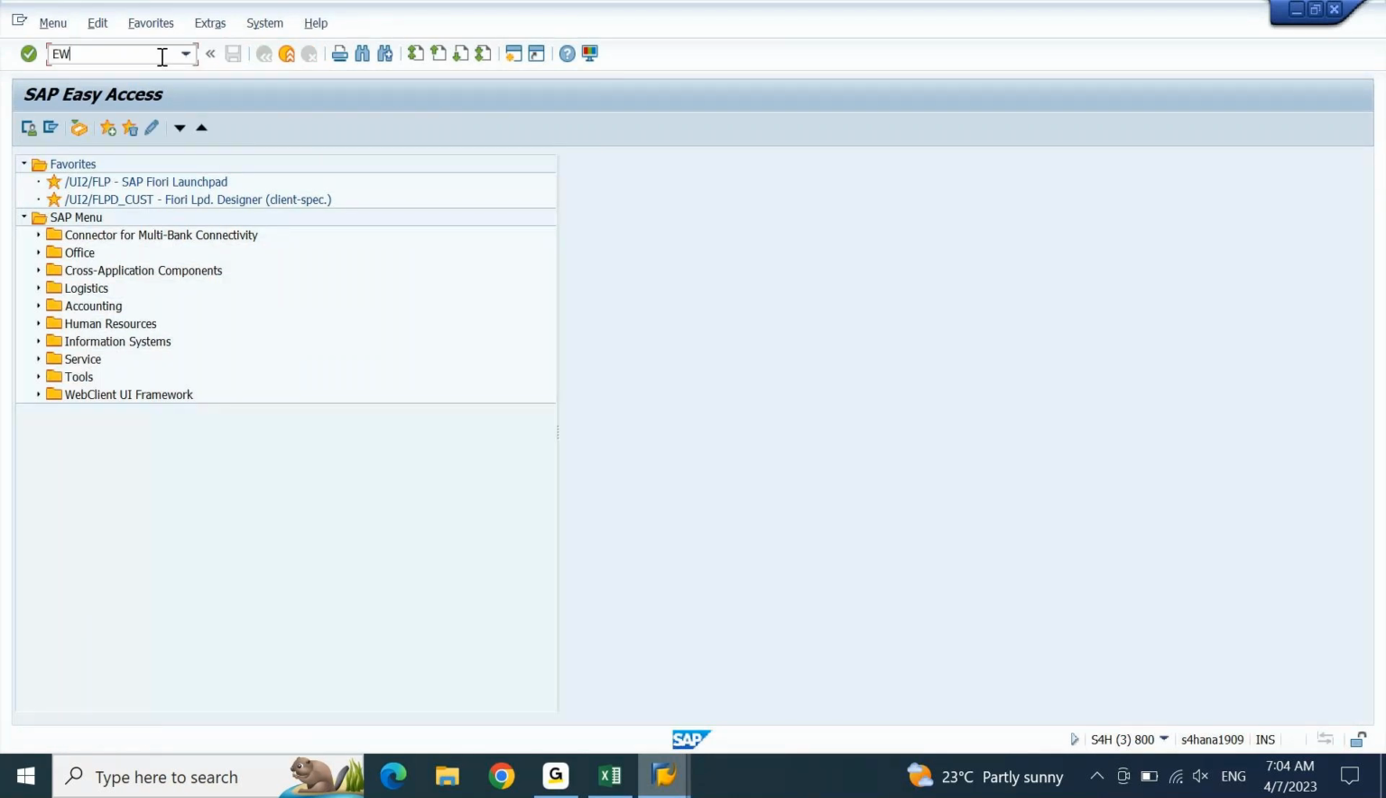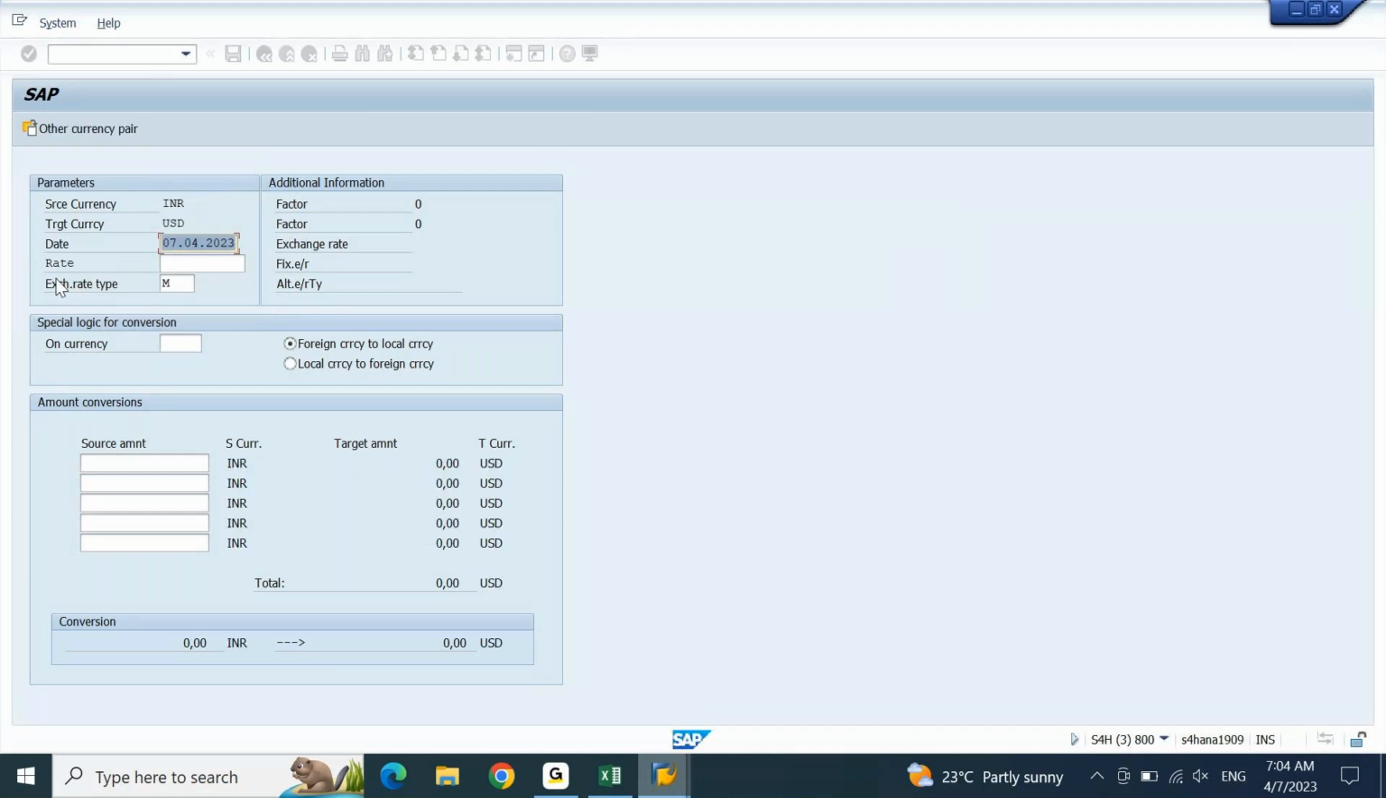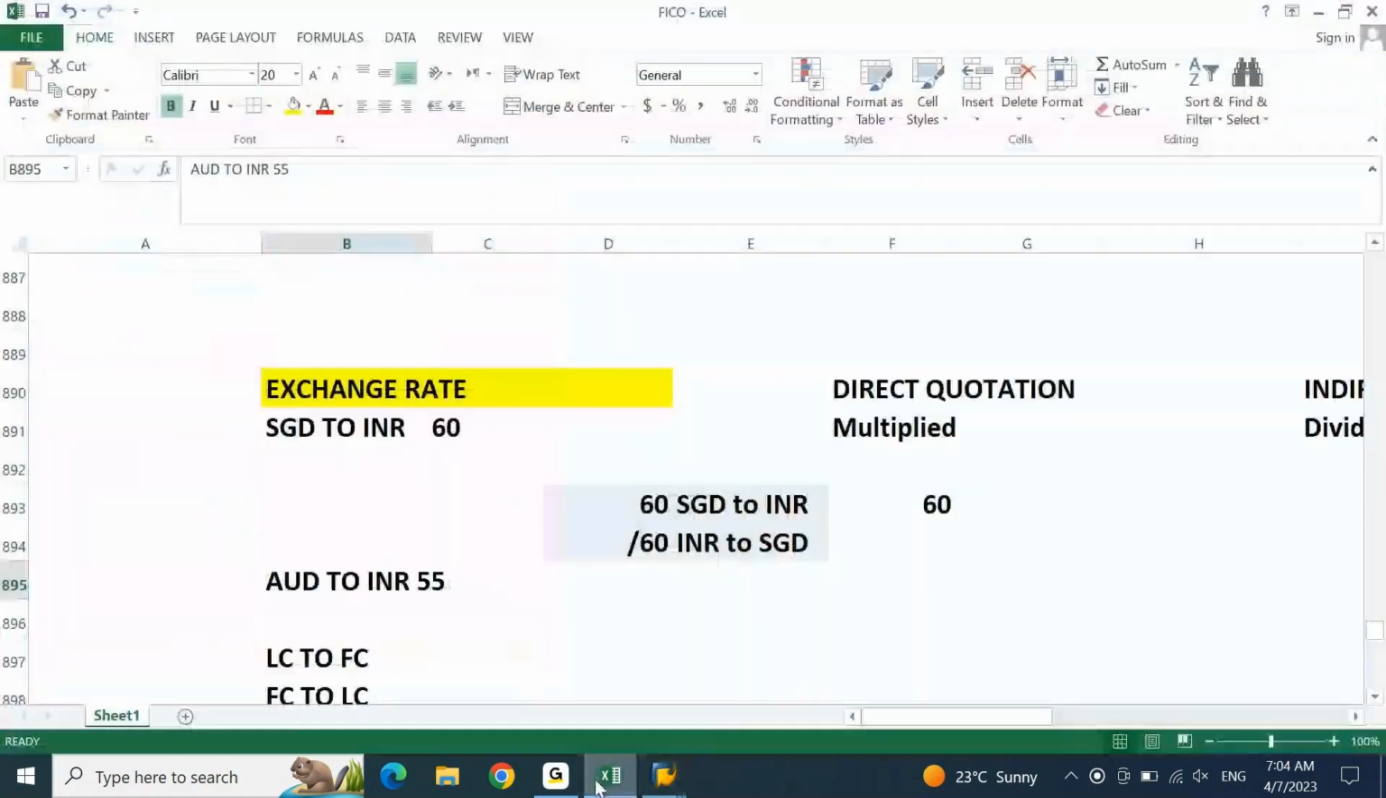For that, EWCT, the number in INR, tolerance. Correct. Tolerance groups are missing, you're right. I'll add it. INR to dollar. And if I give today's date, press enter, exchange rate is 80. To check for sample one record,